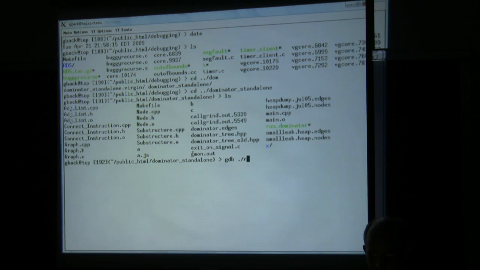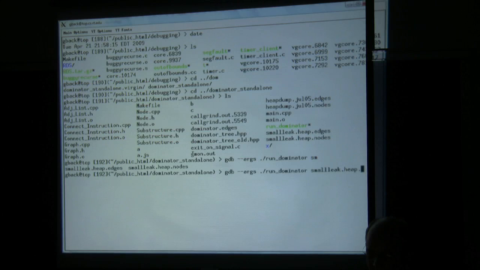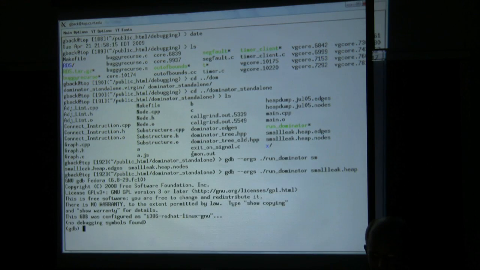So here I have a program, and by the way, if you want to pass arguments to it, you can do it like this. So you have a program, and